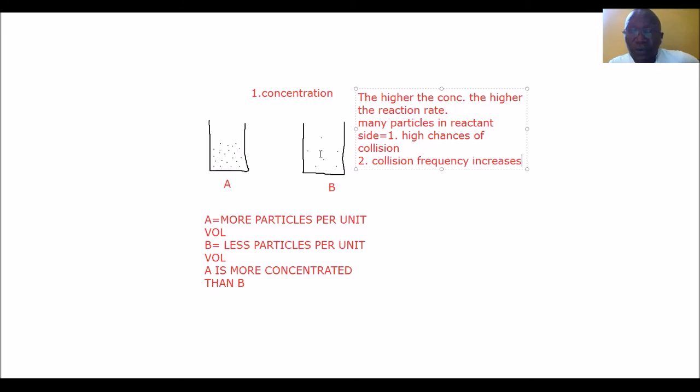concentration. So if you look at the particles in B, this is a different scenario. You can see the particles are further apart due to low concentration. So there is a longer distance in between 2 individual particles. So for them to interact, they will travel longer distances, which of course will take a longer time for them to collide. So in that case, the reaction in B will proceed at a slower rate.